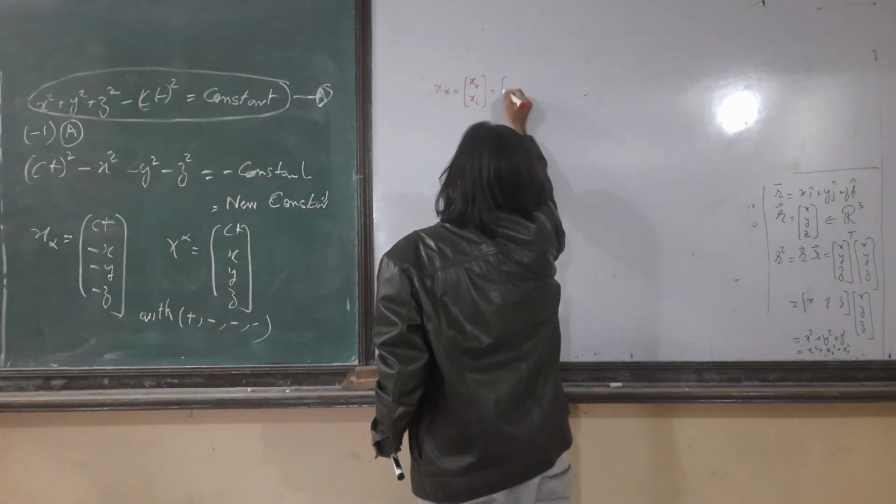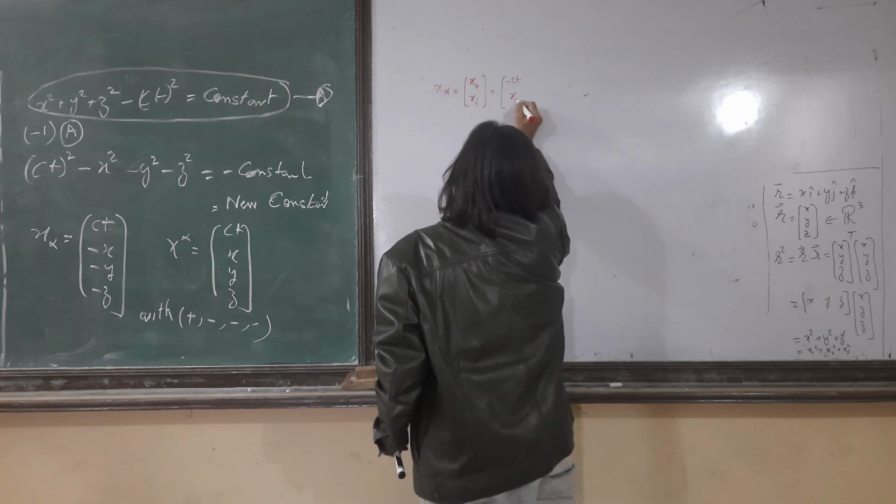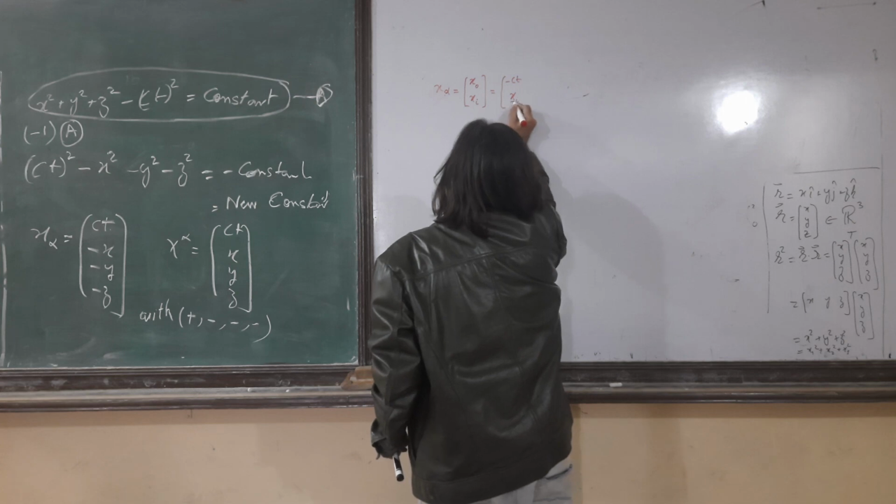And I will prefer to write it as minus ct. Some books write xi, some books